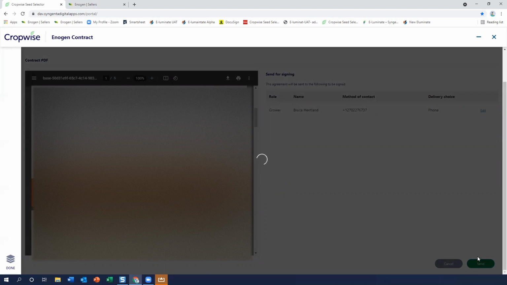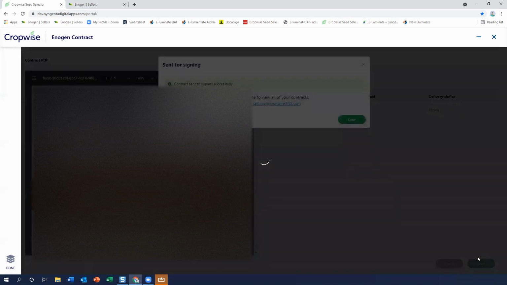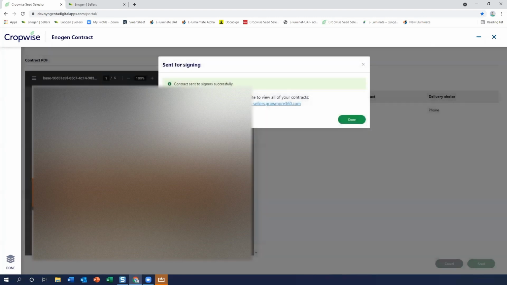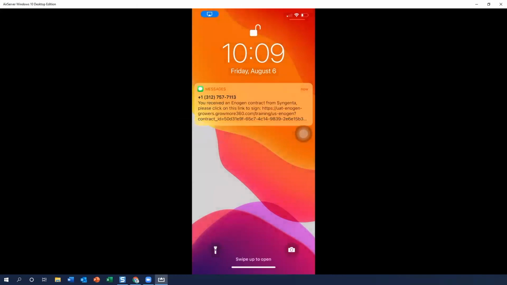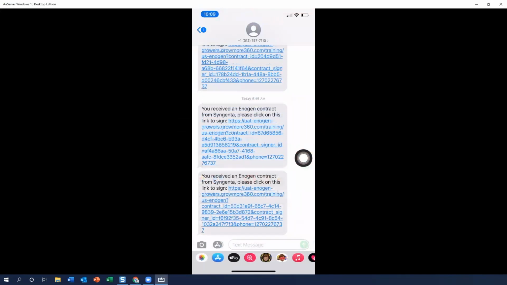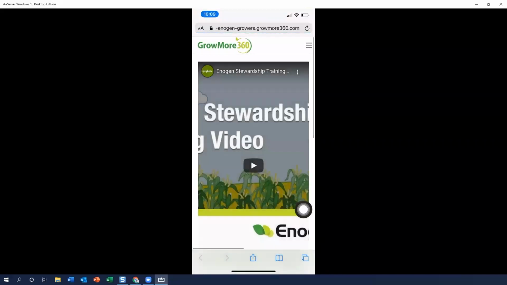Now, I'm going to walk us through the contract signing. We're going to get this prompt, and I'm going to walk us through that contract signing process now. Okay, now that I've got this screen pulled up, this is exactly what the grower is going to see on their side. So all they're going to do is come in here. Once they get the text message, they're going to tap on it. It's going to open them up into their text messages, and then they're going to select this blue hyperlink at the bottom of this tab. From there,